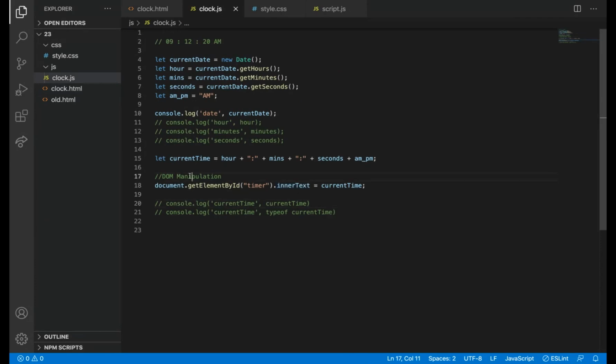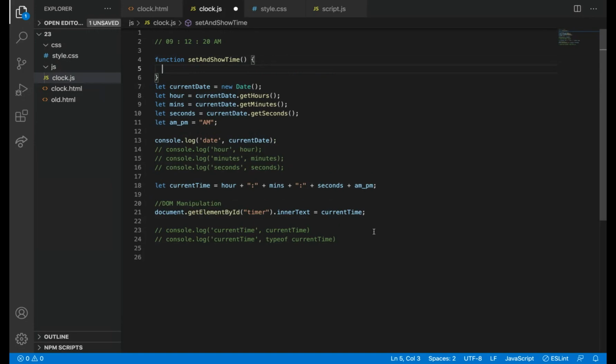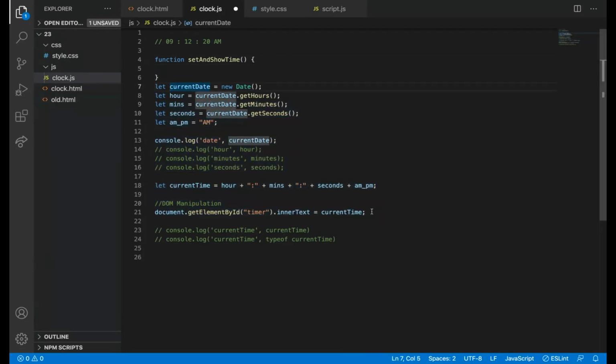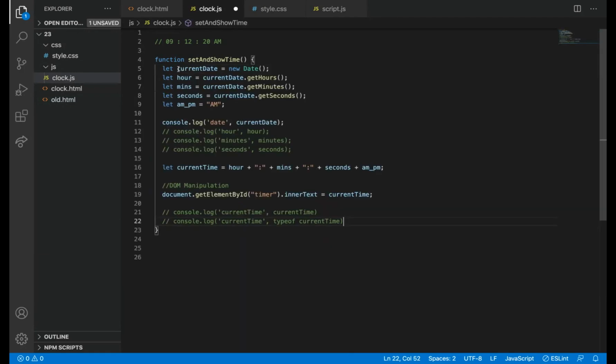So before that, what we are going to do is we are going to put this thing in a set and show time. What I'm doing is I'm just wrapping all these things inside a function.